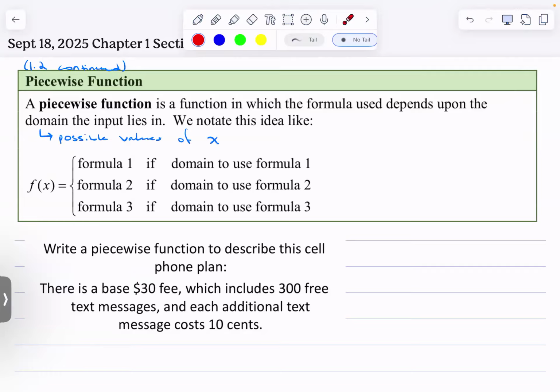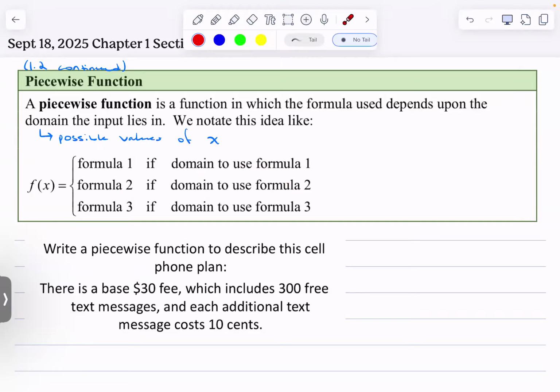So usually we use f of x, function notation, and then equals, and we use one left-hand curly bracket for a piecewise function. We'll have some formula 1 if the domain is for formula 1. So here we'll restrict the values of x where formula 1 applies. And then we move on to formula 2